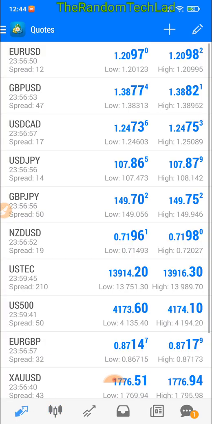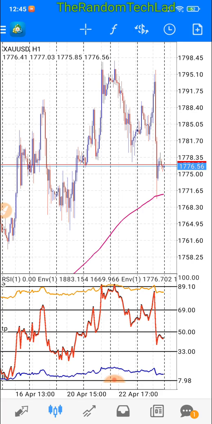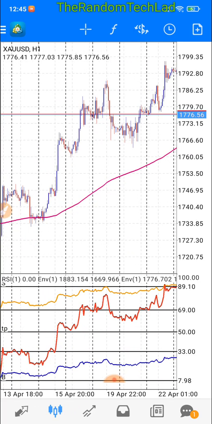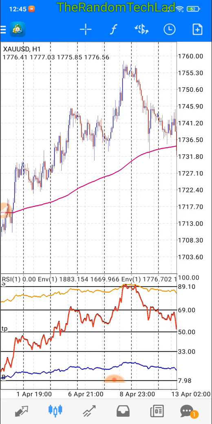Let me find another chart on metals or any indices. Same over here, same over here, same. You could see the patterns. And this strategy works on any time frame, but I personally like to trade on the 1 hour time frame because I get good confirmations there. And let's move on. We're only going to be taking sells and buys when our indicators